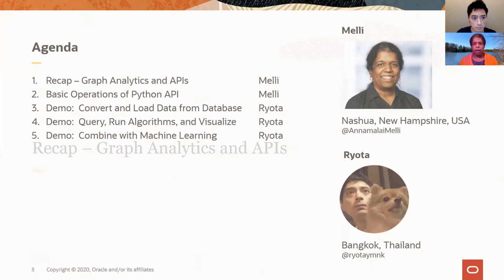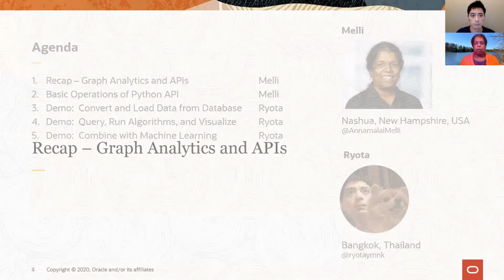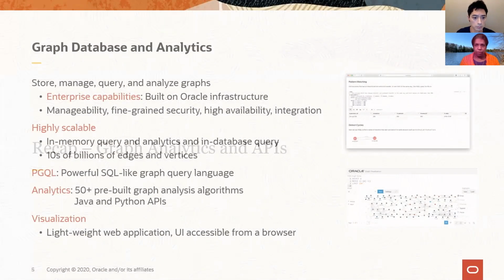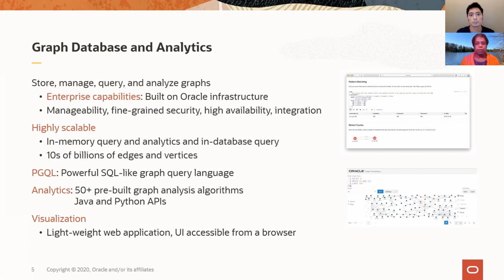So the quick recap. The Oracle database has a graph feature which allows you to store, manage, query, and analyze graphs. We support both the property graph model and the RDF graph model. The focus in today's session is the property graph model. The graph feature is built on the enterprise capabilities of Oracle database, so you get the advantages of the manageability, the security, high availability, and so on when it comes to graph